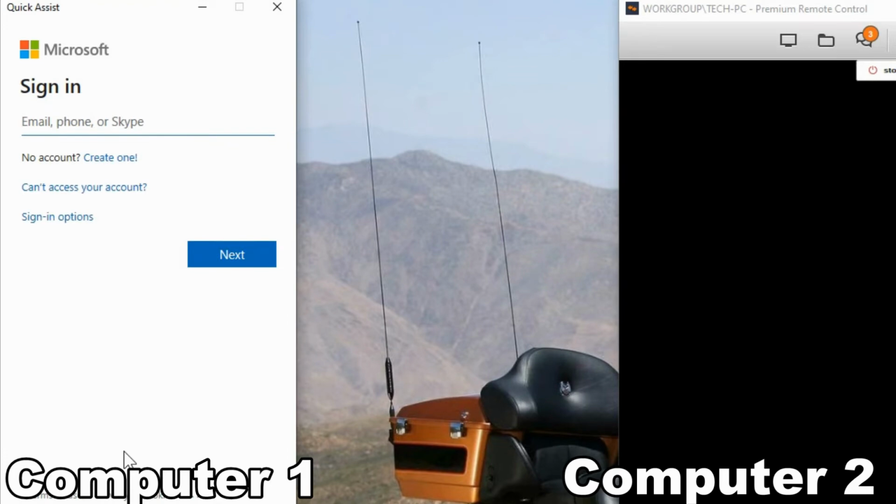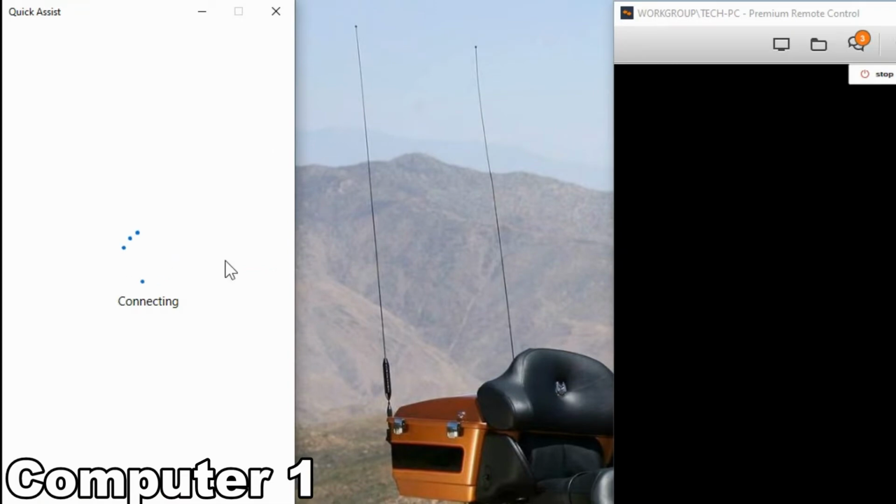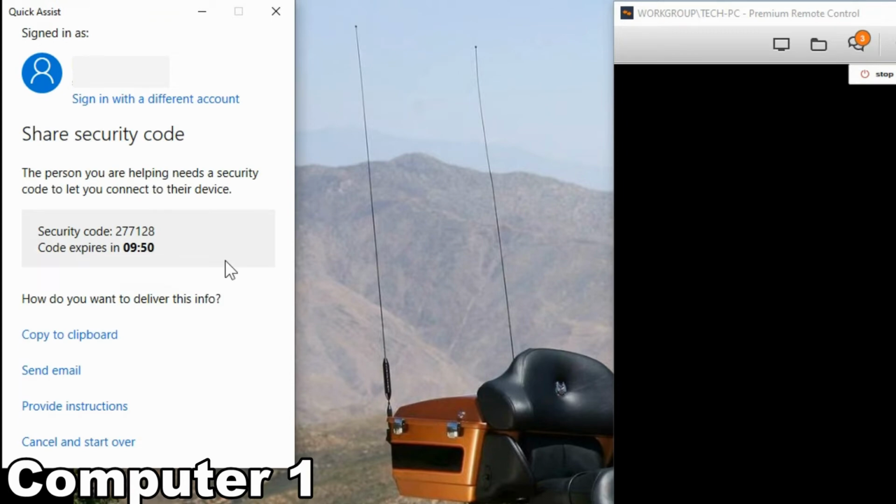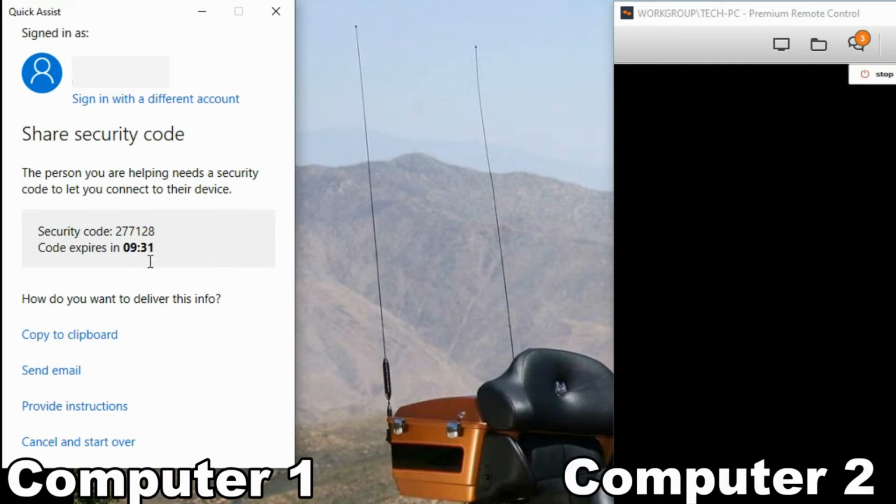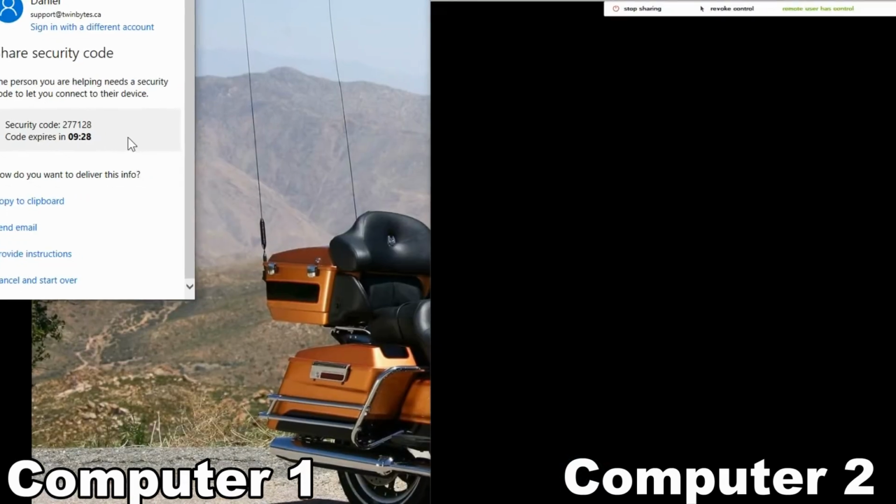Now you have to put in your account. You got to sign in as your Microsoft account. And because I'm signed in already into my computer with the Microsoft account, it remembers the password and it has it there ready to go. So now we just need to get the person on the other end to launch the Quick Assist and run it. And you can see that the code expires in under 10 minutes. So it does have a countdown and then it will cancel out and you'll have to start over again. So let's get this over here.